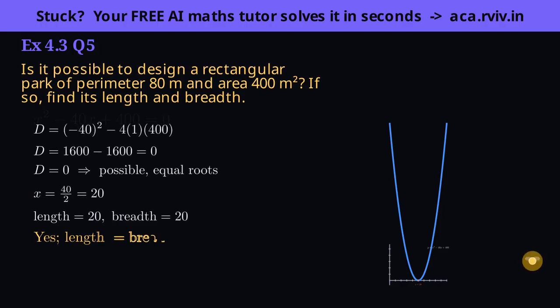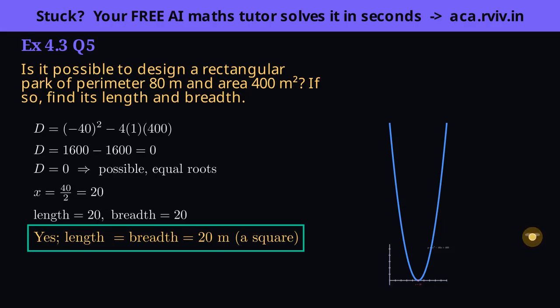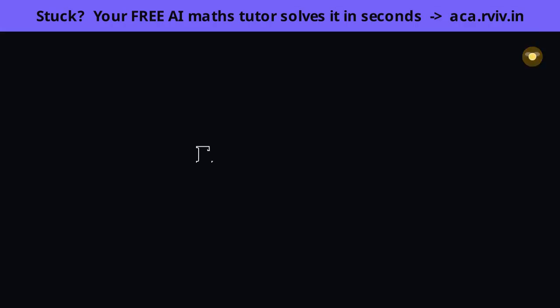perfect square. The three exercises 3, 4 and 5 have now shown all three discriminant outcomes deciding whether a real design can exist, positive yes, zero yes and unique, negative no. Let's lock it all in with exam-style questions before you go. In the exam, the fastest marks come from the shortcuts we've built, the discriminant for the nature of roots, and sum equals minus B over A with product equals C over A for the roots themselves, so watch how often we answer without fully solving.